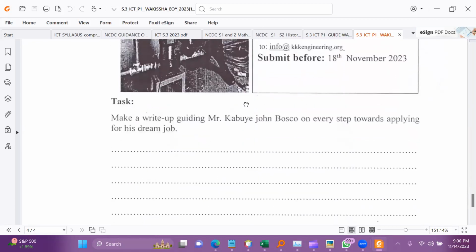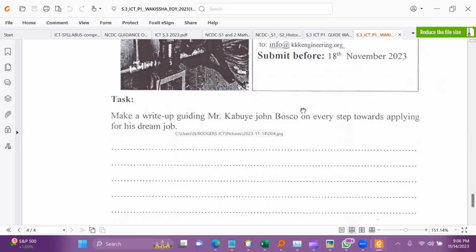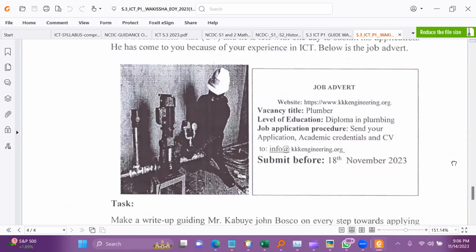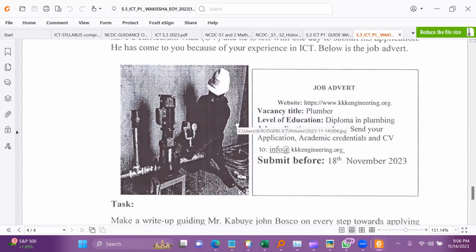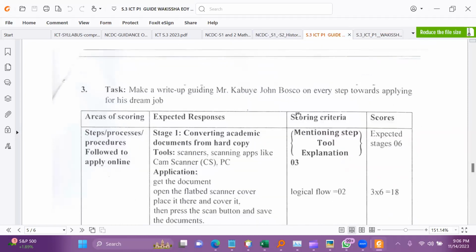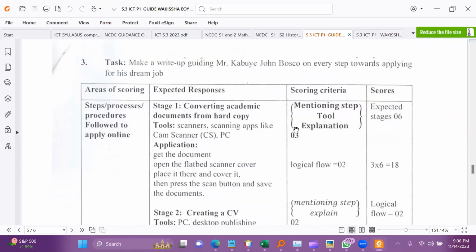So they are saying, make a write-up guiding Mr. Kabuye John Bosco on every step towards applying. So what do we expect, Mr. Kabuye? This is coming from the other topic of information sharing. Okay. So what do we want Mr. Kabuye to do? So according to this, one,